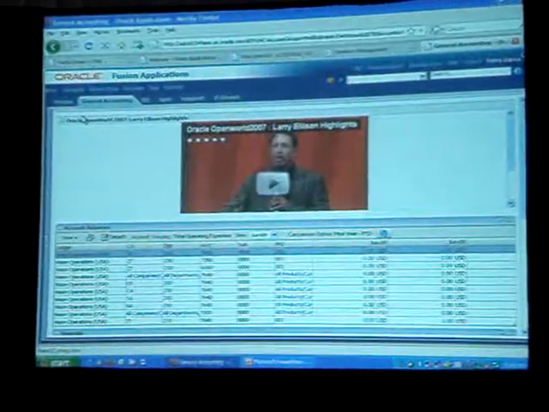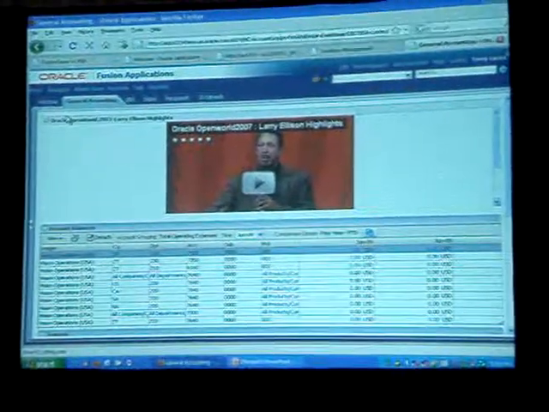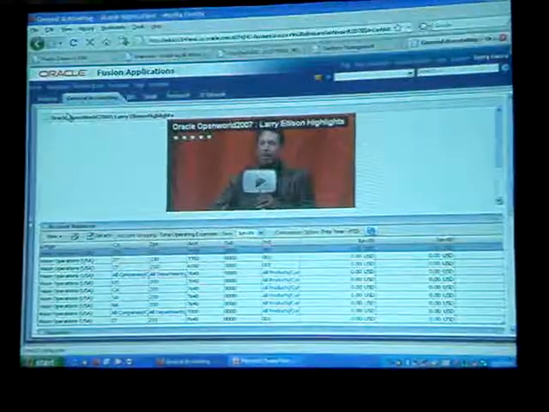Now, in a minute, I'm going to show you a CRM application. So let's take the CRM application example. Let's say you're right before the end of the quarter, or maybe at the beginning of the quarter,